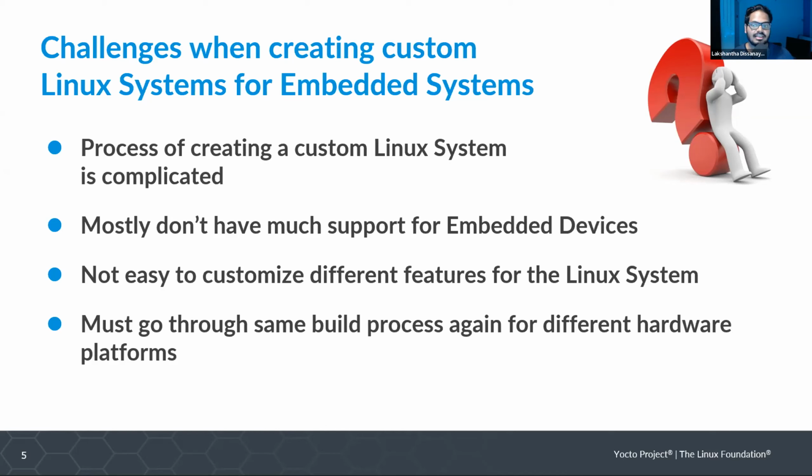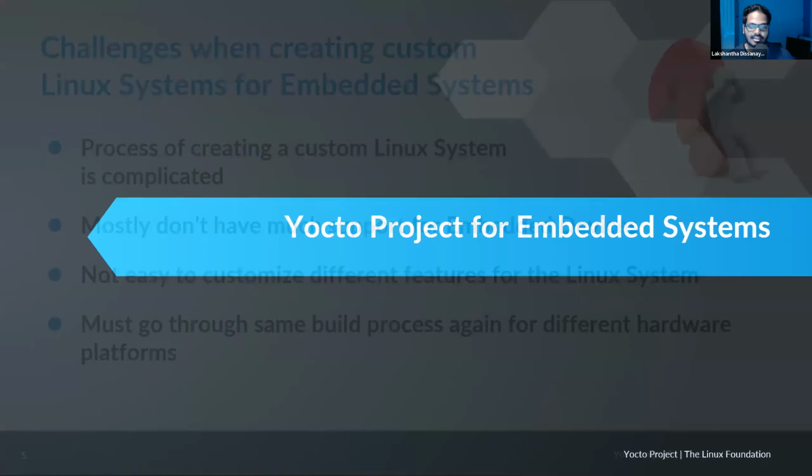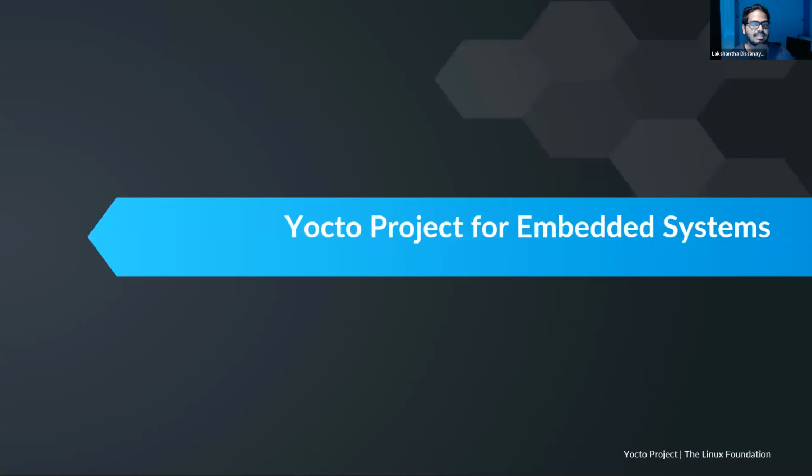If you have already created a custom Linux system for a particular embedded device and want to create another system for another device, you will have to go through the same build process from scratch, and this would be a very time-consuming process. So you can solve the previous challenges by using Yocto project to build custom Linux systems for